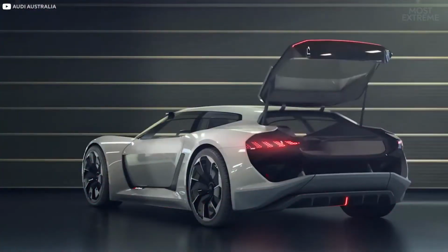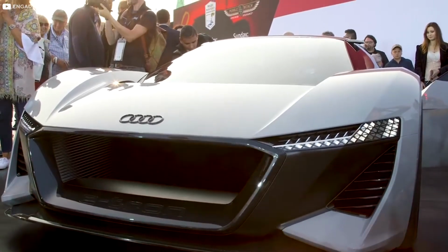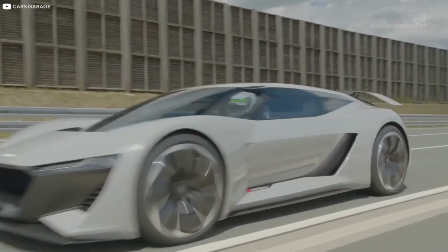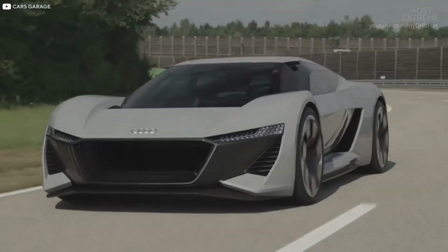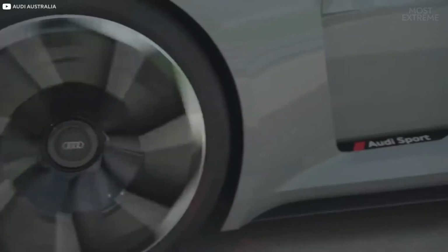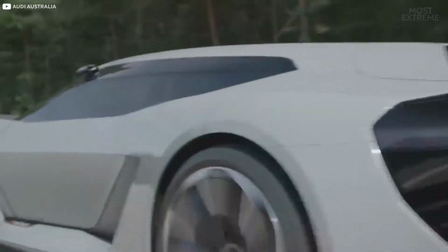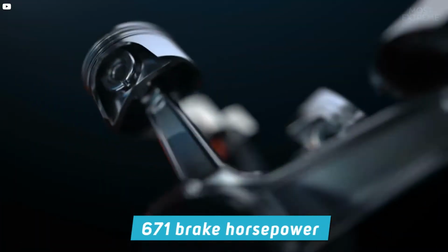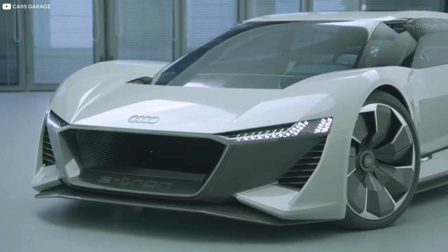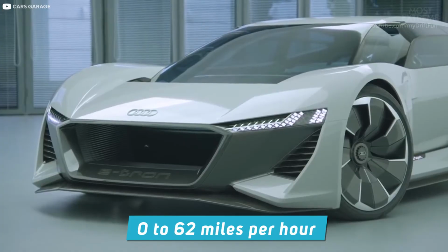Audi is one of the leading auto manufacturers in the world. While they're developing vehicles aimed at a mass market, they're simultaneously pushing forward the technology for performance models as well. In 2019, they announced the PB18 e-tron, something that began as a concept but was later confirmed to being produced in extremely limited numbers. With an undoubtedly aggressive exterior, it has 3 electric motors that can generate 671 brake horsepower. This translates to incredible performance specs, including the ability to accelerate from 0 to 62 miles per hour in under